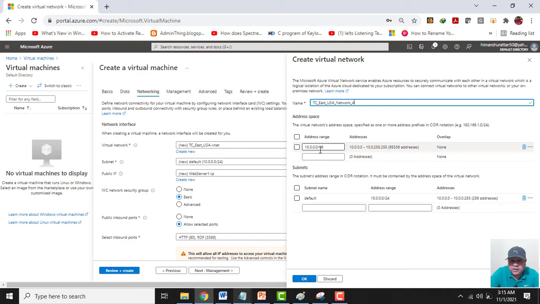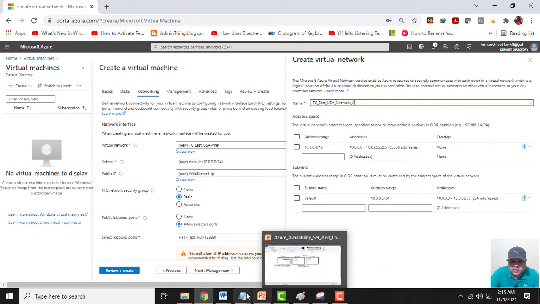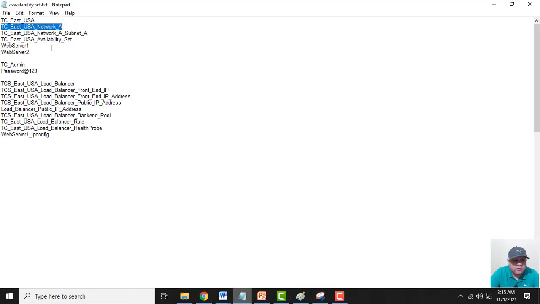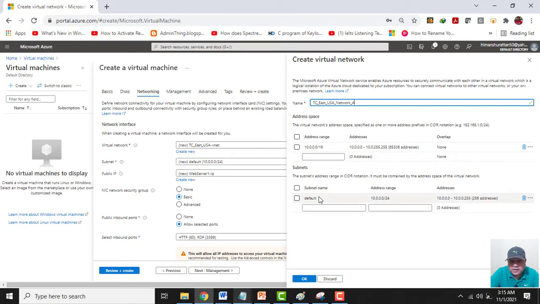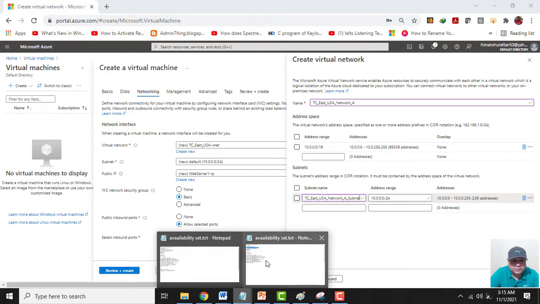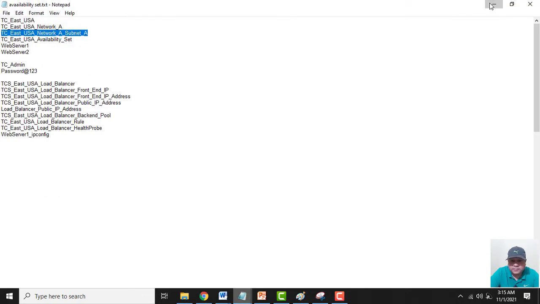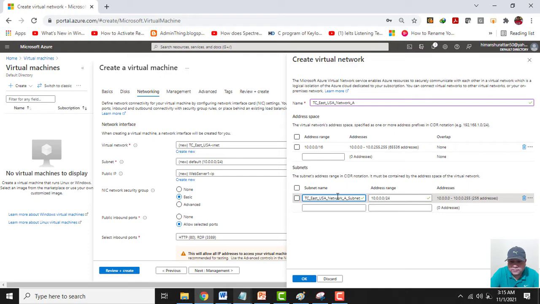I would like to go with the IP series of 10, and here in the subnet I do not want it with the name of default, rather I will give it another name, and another name will be TC_East_USA_network_A_subnet_A. Yep, and this is also fine. Let me click on OK.